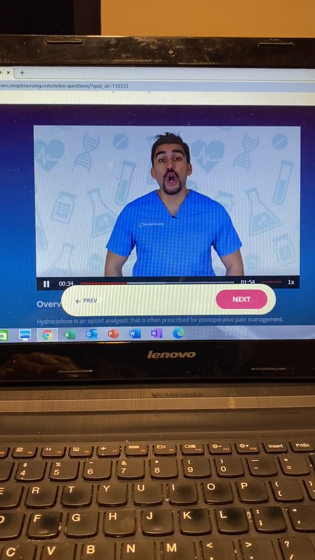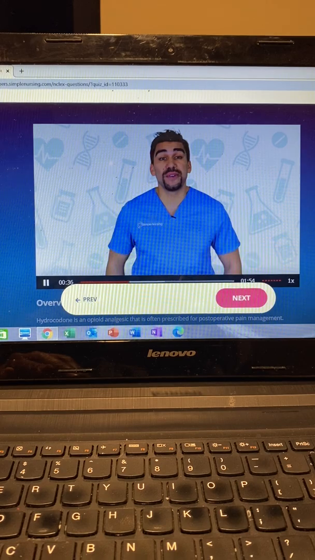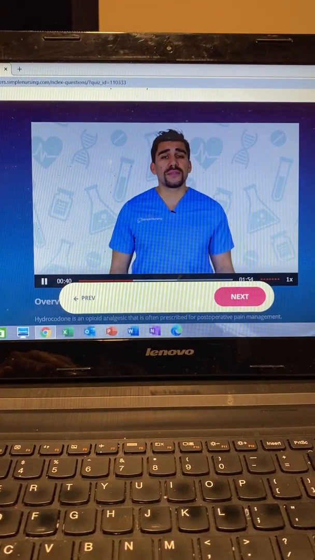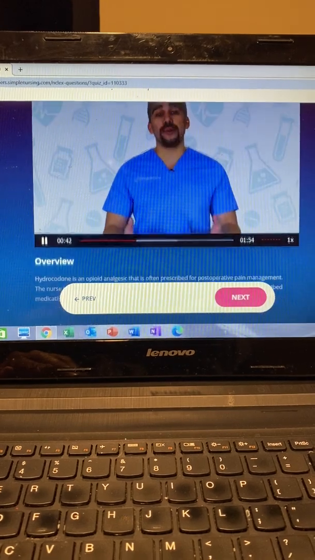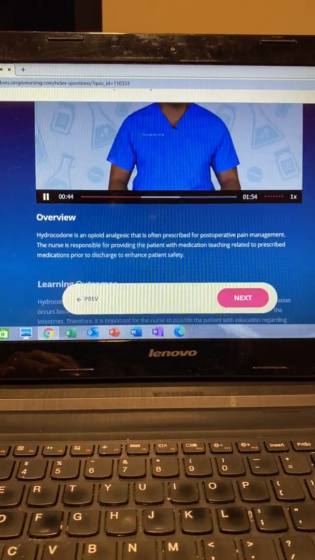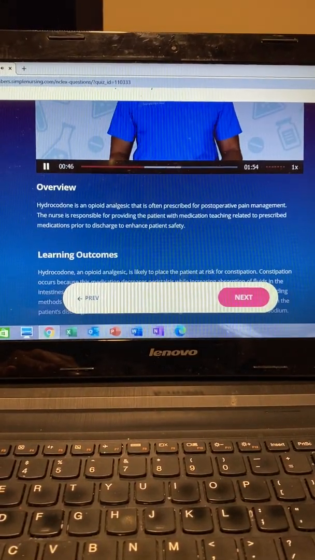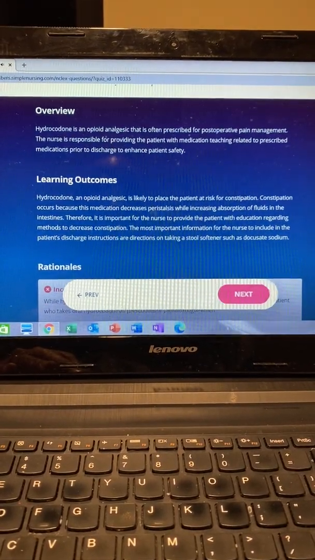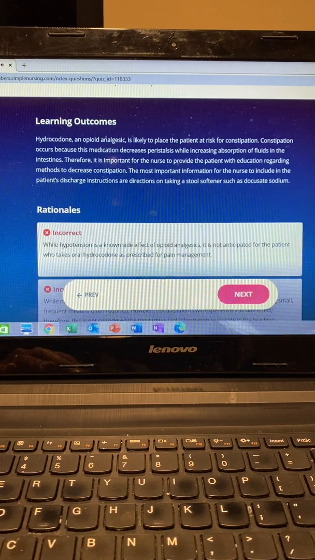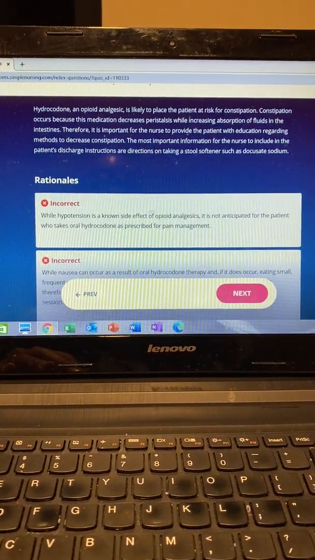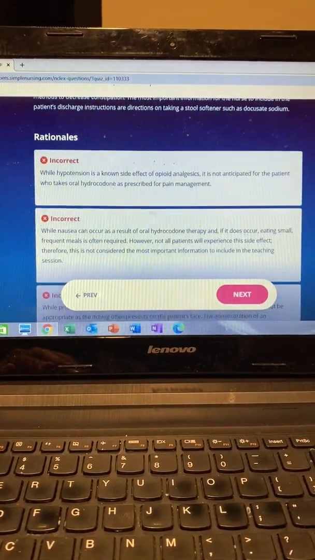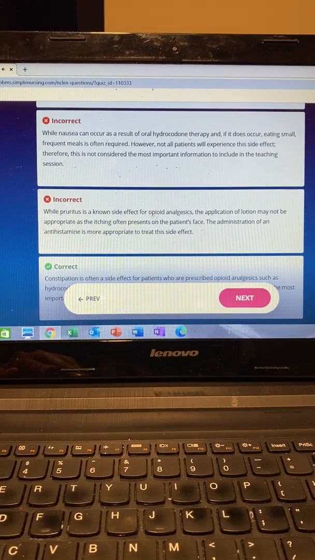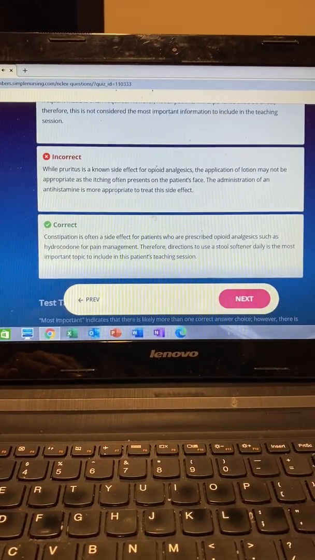Hydrocodone has a bunch of O's. So we're thinking low and slow vitals, big risk for falling, and orthostatic hypotension from that low and slow blood pressure, and low and slow GI tract. So slow bowel movements, this patient's going to get constipated. So we're thinking fluid and stool softeners. So the solution we're looking for is instructions to provide to prevent the worst potential outcome, or the worst complication